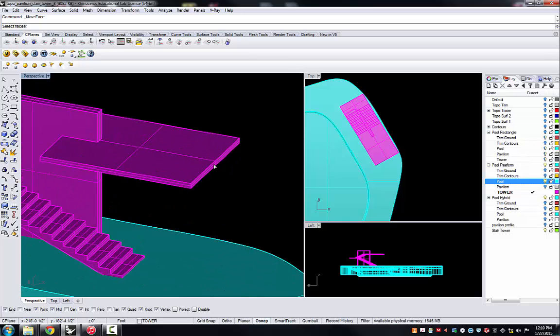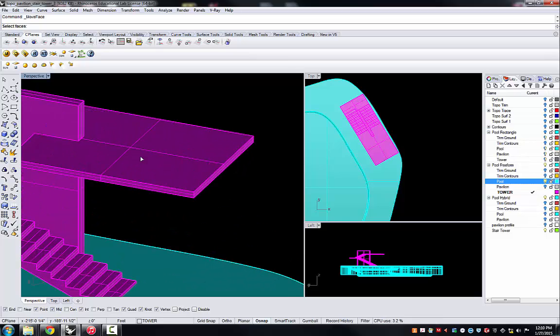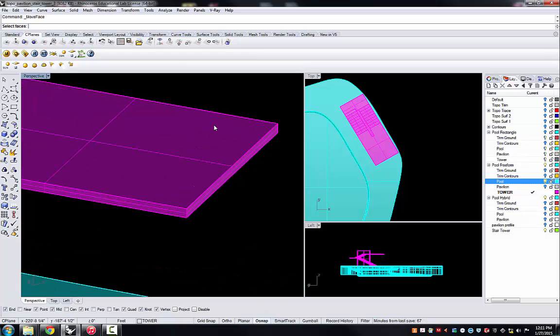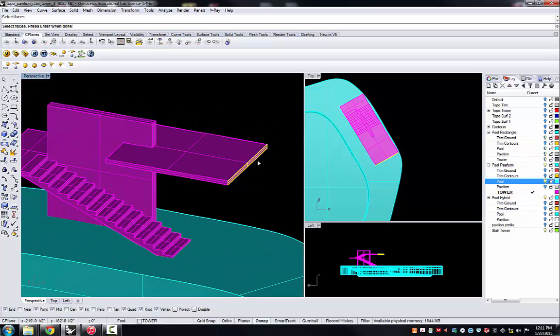And one of the things I'm going to do is make this tower a little bit less of a projection in the left to right direction, and I'm going to pull it back toward the stairs so that I can then extend it out over the pool. So the command asks me to select a face. I'll select this end face, and I can hit return,